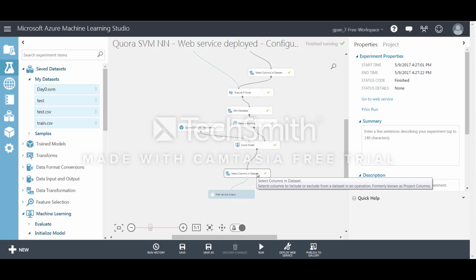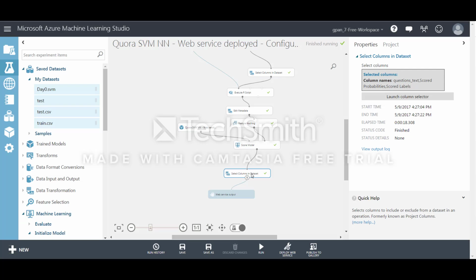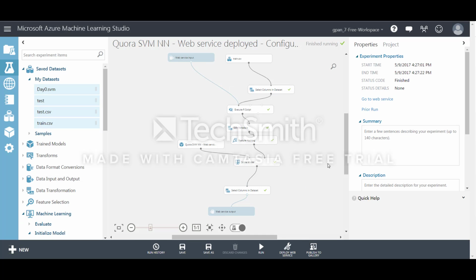Again, you need to do some filtering because in my output, basically all I want to see is the result of the prediction. I don't want to see all the 20,000 hashed features, and you can do that with a select columns dataset piece. And so after my web service is deployed, I can go here to my web services,